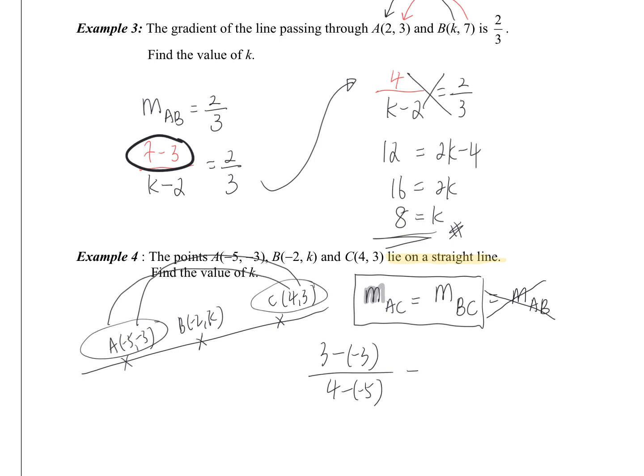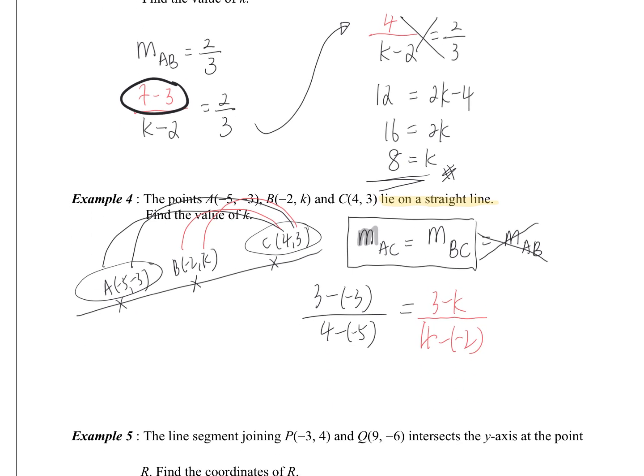And then gradient of BC, I will do the same thing. y2 minus y1 over x2 minus x1. So just set up the equation. This is a 6 and 9. This is a 6. So go and solve normally. So the rest is just